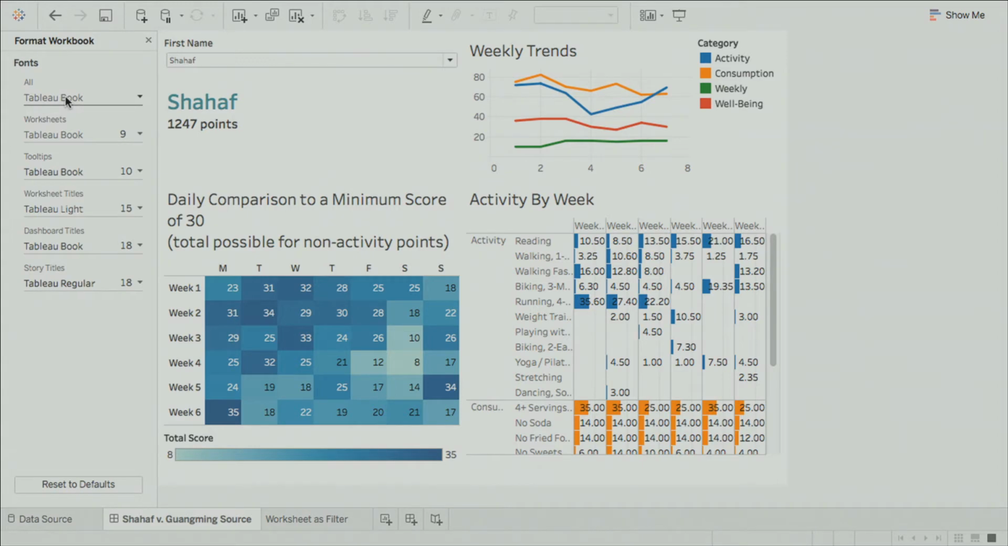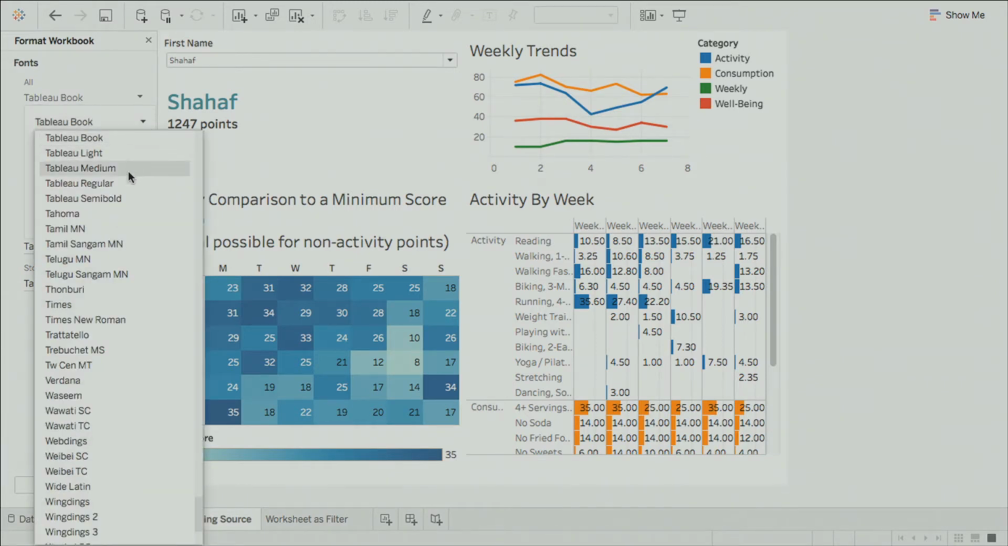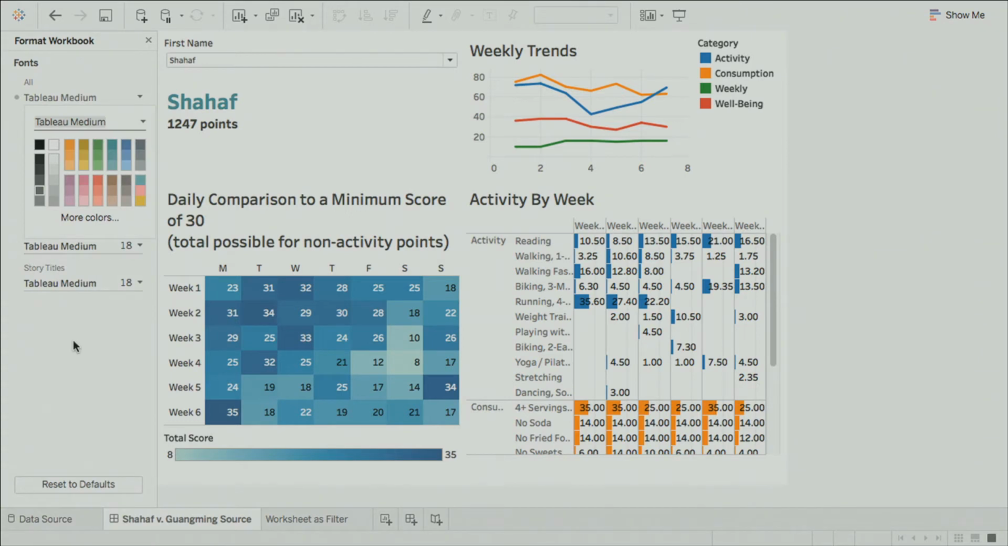This will change the fonts across our entire workbook for titles, for axes, for tooltips, everything at once. This workbook is currently using Tableau Book, but it's probably hard to read for the people in the back. The Tableau font has 6 different weights. It goes from Tableau Light to Tableau Bold and many options in between. So I can choose a bolder Tableau font option to make it easier for people to read my workbook. So I just go here and I select Tableau Medium, and I can see that everything in my viz updated